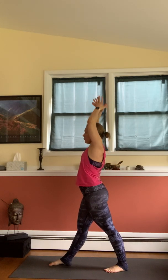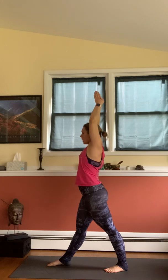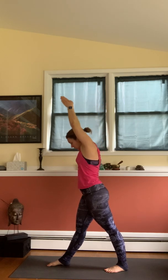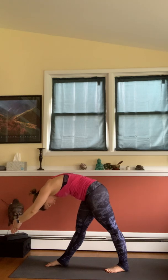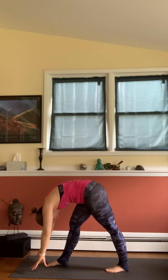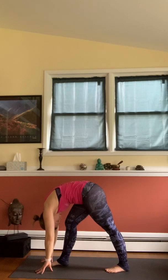Square your hips, so make sure your left hip comes around. Your left foot can be open slightly, but your hip comes all the way around. Reach the arms way up, palms together, lift up, tuck the chin, exhale to round down. Rounding to bring forehead to knee, back leg stays strong and rooted, front knee can bend, bring your forehead to